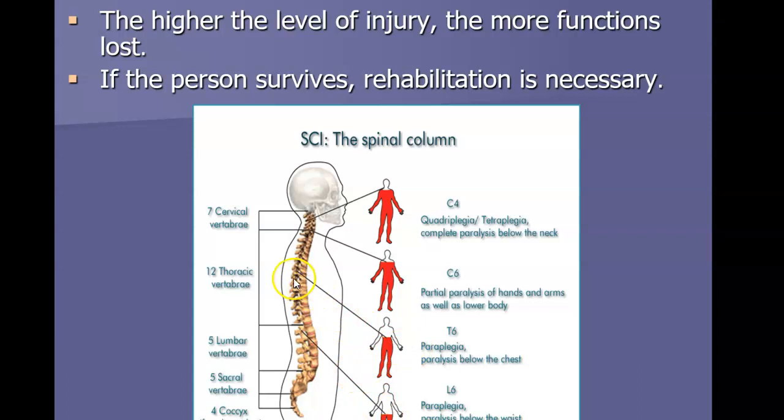So from about T6, about halfway through the thoracic vertebrae, all the way down, that would give you paraplegia. So sometimes people are paralyzed just in the legs, but they still have trunk function. If it's up in the thoracic area, you'll generally see trunk function. They'll have no bowel or bladder control. Higher up in the thoracic area, in the lower cervical area, you're going to see quadriplegia, where their arms are going to be impacted. And of course, the higher the level goes up, the higher we tend to see paralysis below the level of the neck.